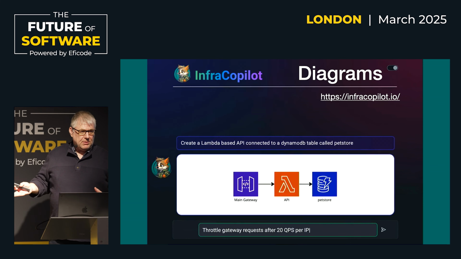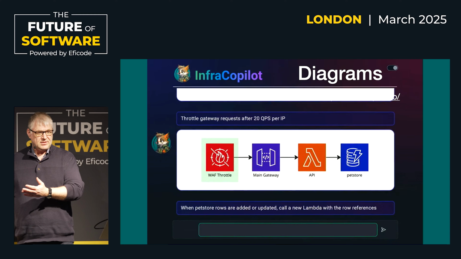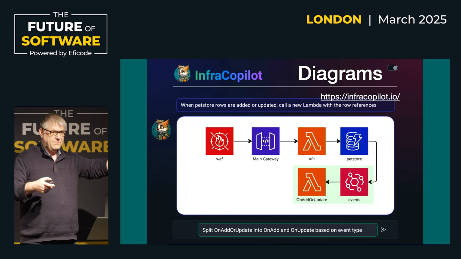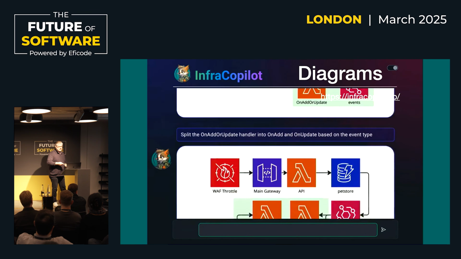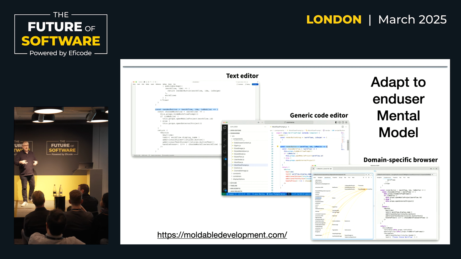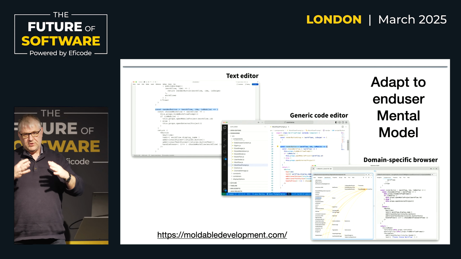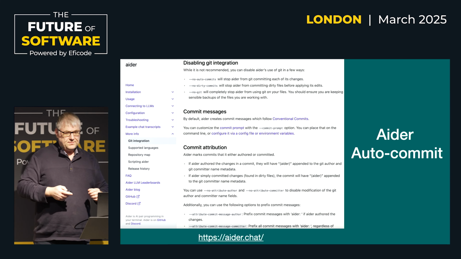Sometimes making a diagram can help reduce cognitive load, because looking at this in code is totally different from looking at a diagram. Oh yes, immediately you can spot the difference, or what happened, or what's not connected. And this brings up one of the things called moldable development, where your IDE might start adapting to the task at hand. So the review, whatever the previous problem is, your IDE might not just be about your code, but about the problem you're trying to review. So this is one way of reducing cognitive load.